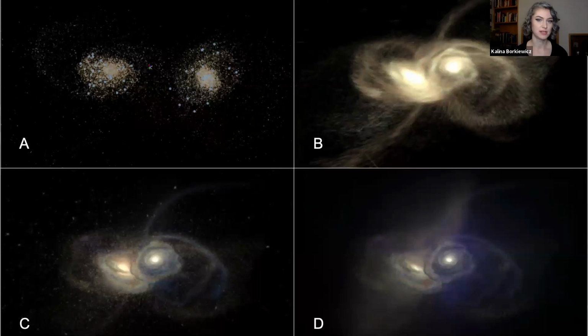These 4 images show the exact same colliding galaxy data set at the exact same moment in time, but they are very different. In A, we're looking at just the stars in the data set, and we're emphasizing new star growth. In B, we are again looking at just the stars, but we are emphasizing the direction in which the stars are moving by adding motion blur. In C, we've added gas, and the gas is colored by the identity of the originating galaxy that the gas came from. And in D, we're again showing stars and gas and coloring by where the gas ends up rather than where it started. So each of these representations uses the same data to tell a different story.